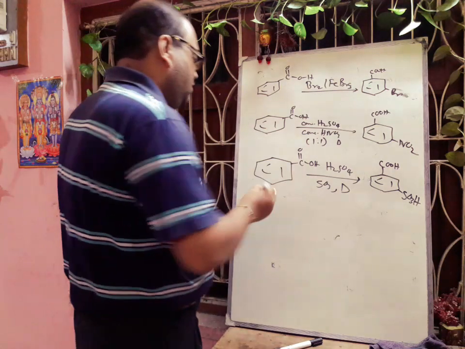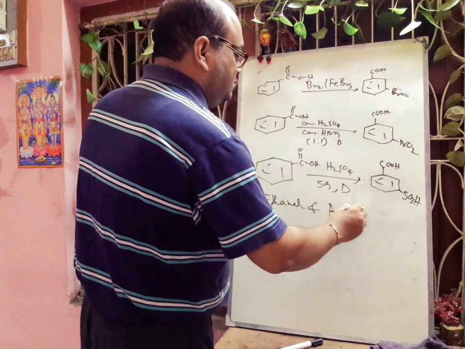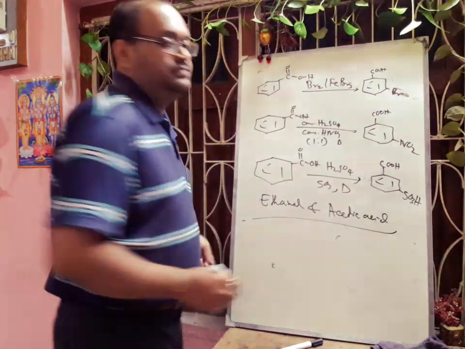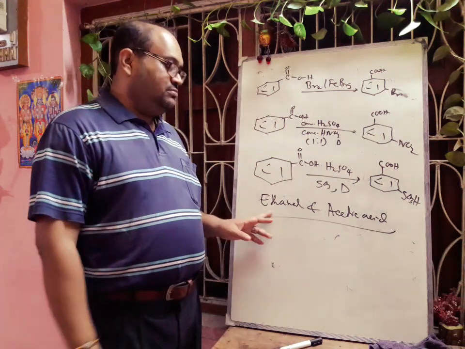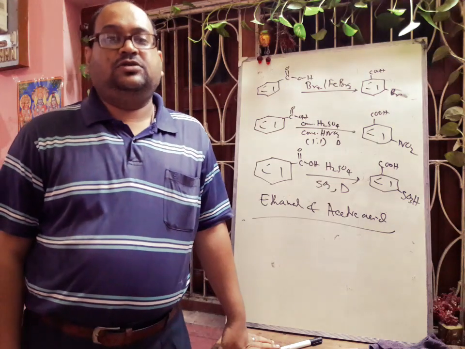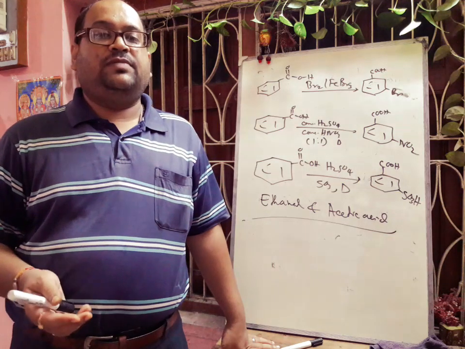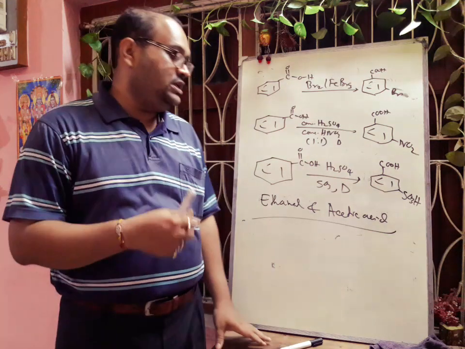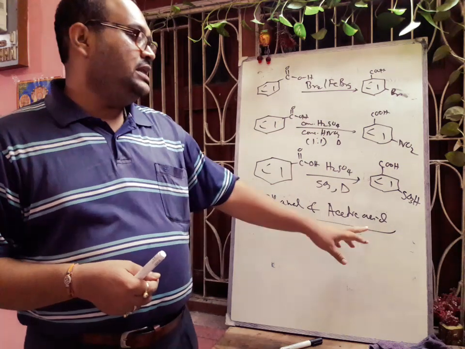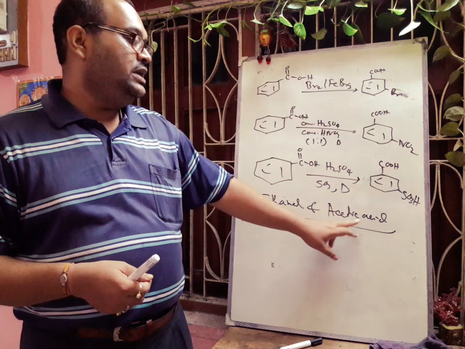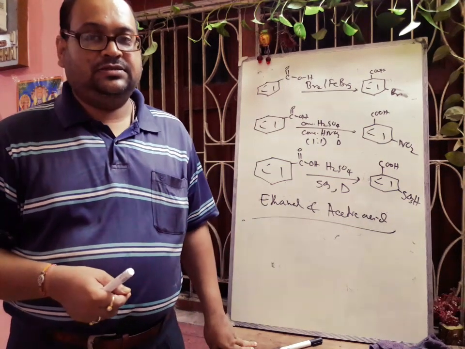First, if we think about ethanol and acetic acid. We know that ethanol is the only alcohol that will give the iodoform test. So ethyl alcohol on treatment with iodine and NaOH, okay, will give a yellow precipitate of iodoform, or CHI3, but acetic acid will not respond to this test. Otherwise, in the case of acetic acid, okay, it will give the sodium bicarbonate test, but ethanol will not give the sodium bicarbonate test. Understand?